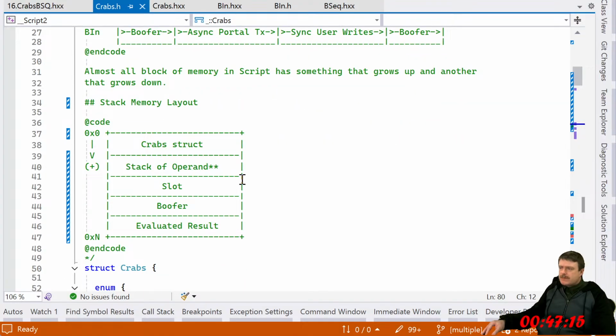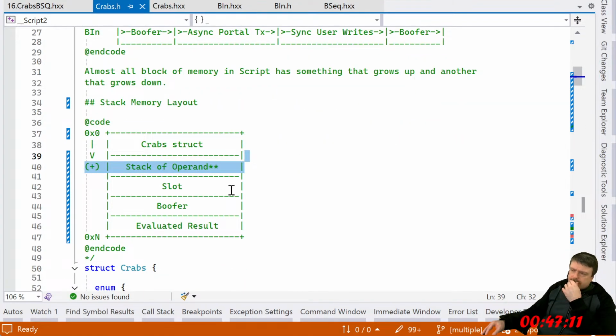So 2 times the size of the word. I'm just confused because we got this here, right? And then there's the slot.